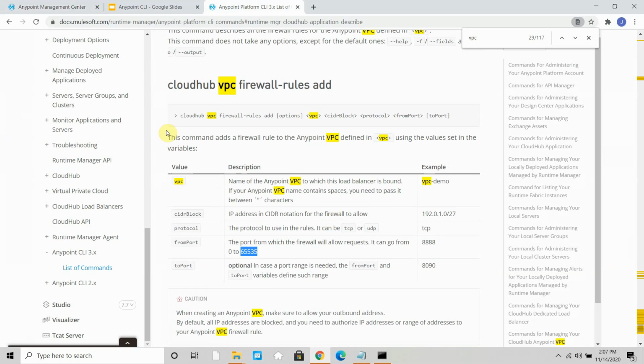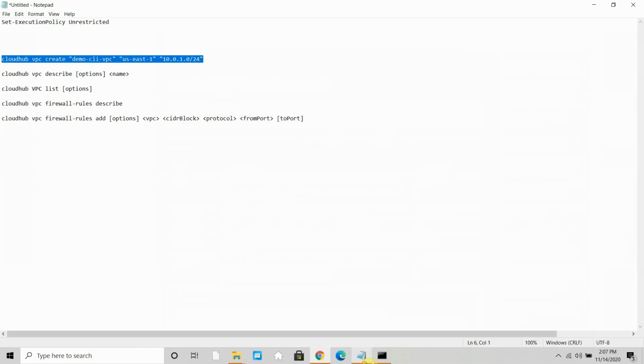So let me first add some firewall rules. For adding a firewall rule, you can say cloudhub vpc firewall-rules add, and give the name of the VPC. So this is my VPC name. Then give the CIDR block, which we have defined. You can give protocol equals https, and from port